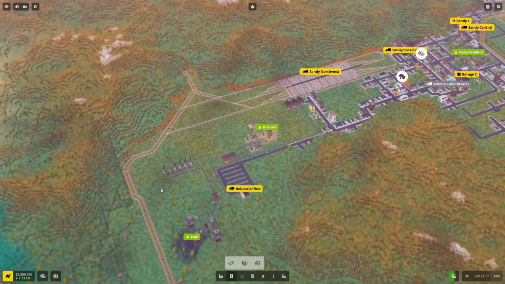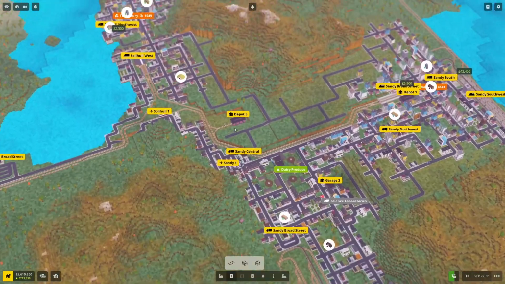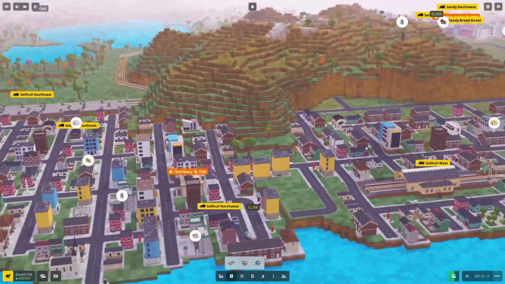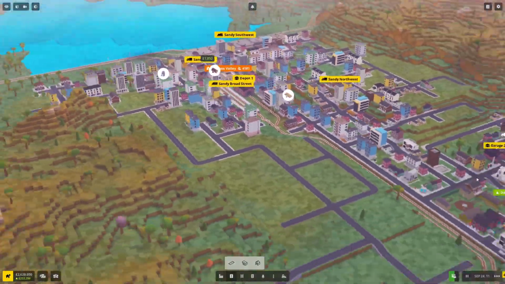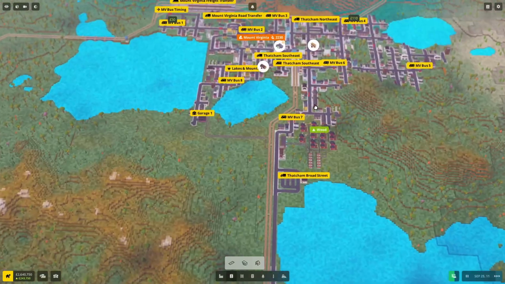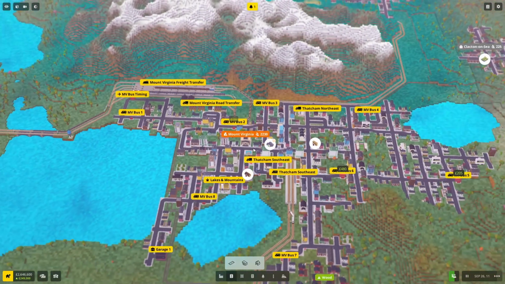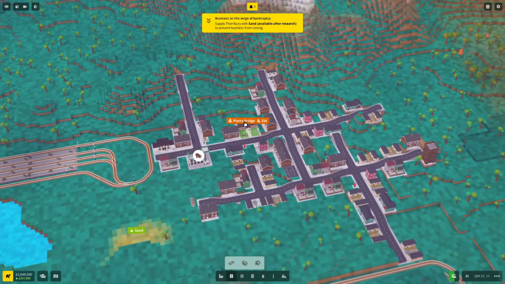So yeah, this episode of Voxel Tycoon's not been too bad. We've done a few things here. We have renamed a couple of things. We've renamed Solihull to Thornbury. We've renamed Sandy to Thames Valley. Very nice. We have renamed Thatcham to Mount Virginia, and we then have this lovely one, Platt Bridge,